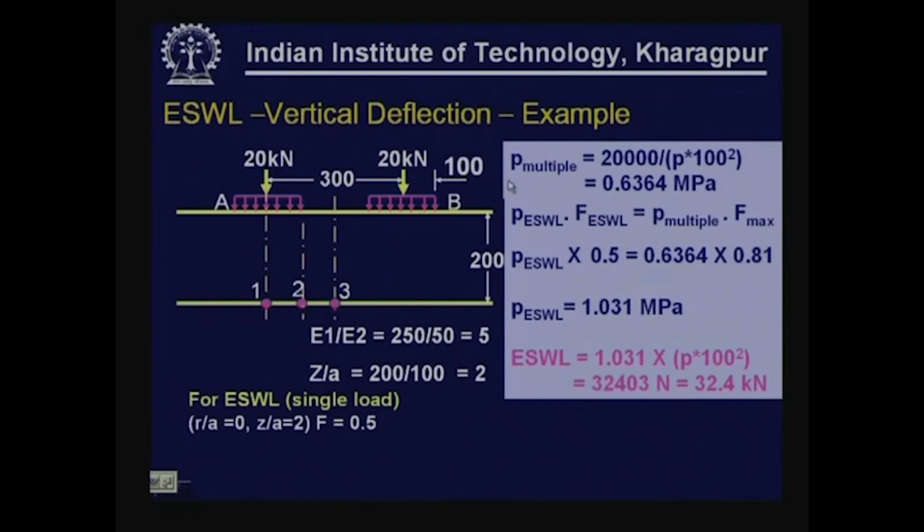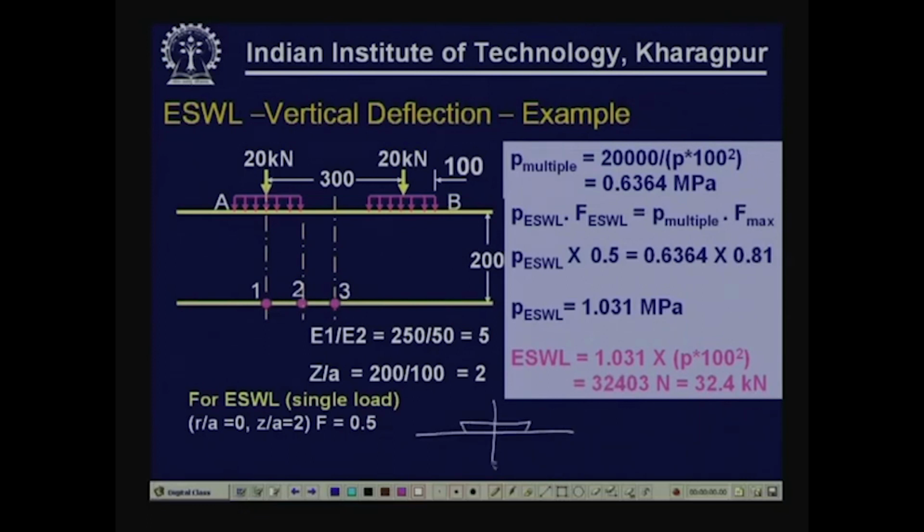So, P multiple is given as 20,000 by this is the radius. So, this is the pressure for the given system, 20 kilonewton, and the radius of contact is given. So, we can calculate the tire pressure. So, P equivalent single wheel load multiplied by factor of equivalent single wheel load is equal to P multiple into F maximum. F maximum we already worked out as 0.81, pressure is 0.6364 that we have calculated. F equivalent single wheel load will be,